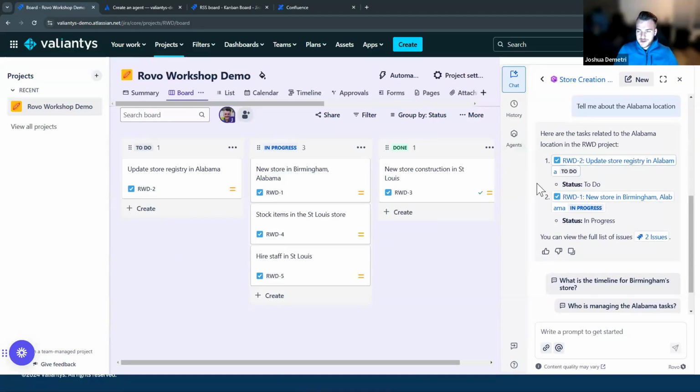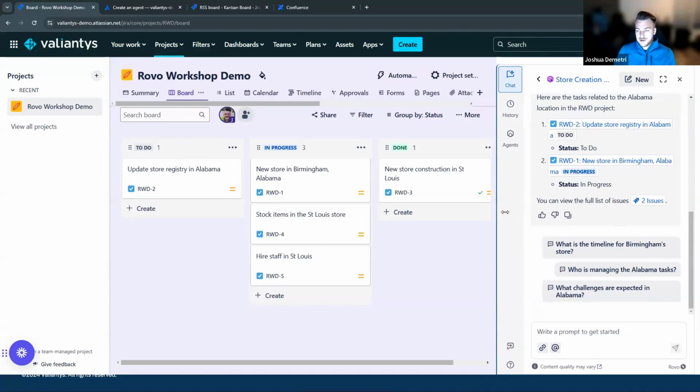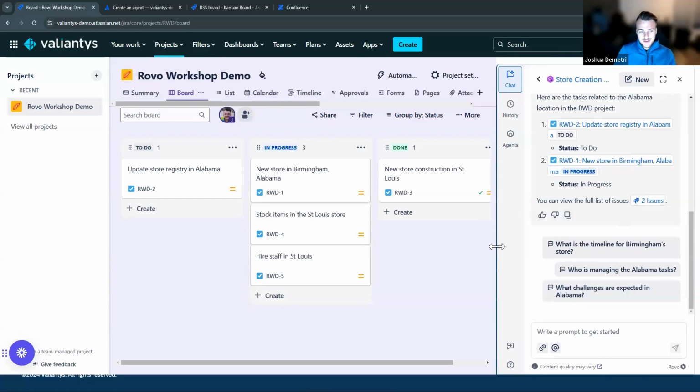Okay, so at this stage, what I really want to do is make sure that anybody who's creating a task has this kind of knowledge, right? So anyone that's on my instance now can go to Rovo Chat. They can pull up the store creation helper and they can get the information about the different stores that are being created. What I want to do is actually on the ticket that gets created for a location, just tell